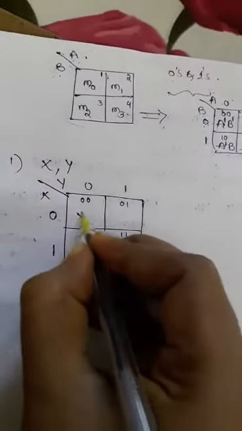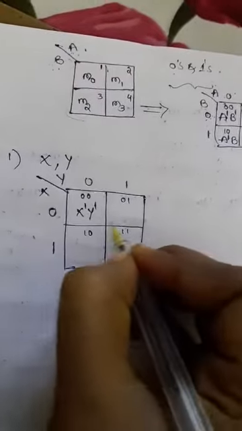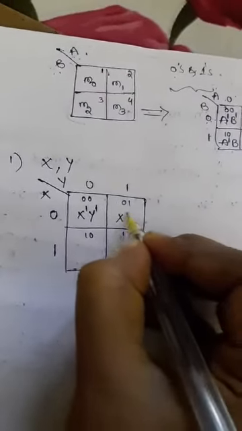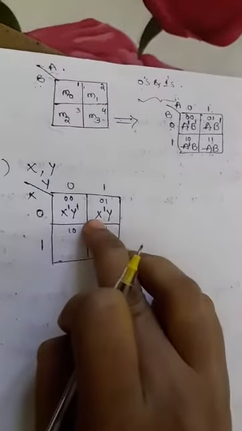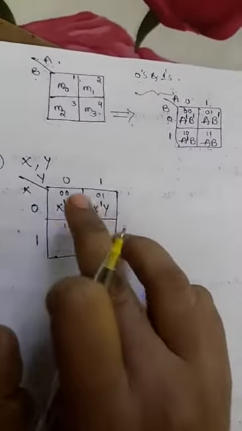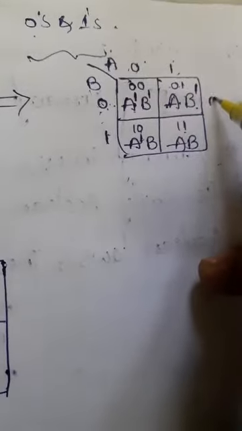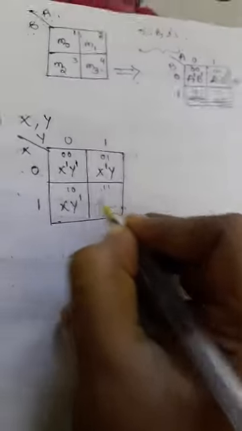So for 0 0 it is x complement, y complement. For 0 1, x is 0 complement and y is normal. Just observe here, like A and B complement, like this. Here I can take x first, so x complement y, you can write it here also, no problem. Here I am taking the first A and B complement, or otherwise you can write B complement A, no problem. And here 1 0 is x as normal and y as complement, and here xy. So this is the complete explanation about the two variable K map.